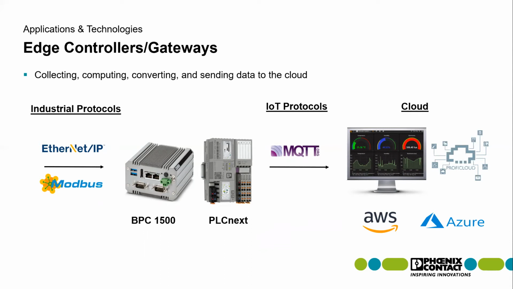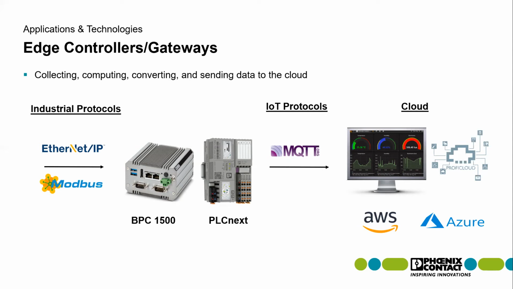And so what we do is we take an edge controller or a gateway and we just add it to the network. So we're not going to replace the PLC that's out there. Keep the Allen Bradley PLC, keep the Siemens PLC, whatever it is, and then just add an edge gateway to it so that you can collect some of that data. You can maybe do some computing conversion, but ultimately you're going to take whatever that industrial protocol is, convert it to a lightweight IoT protocol, the most common of which is MQTT today, which is extremely secure. They can wrap it around TLS for encryption and send that data up to the cloud